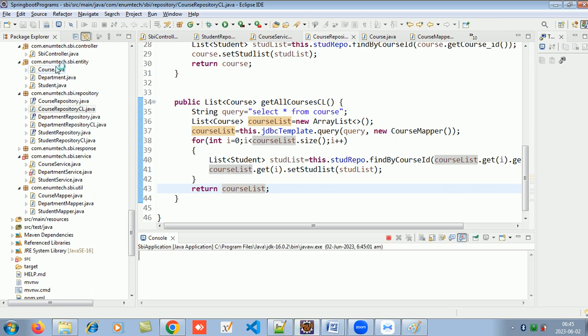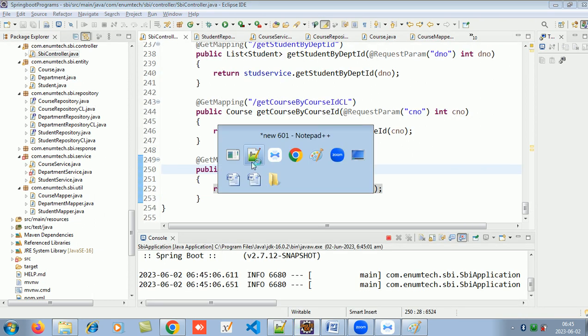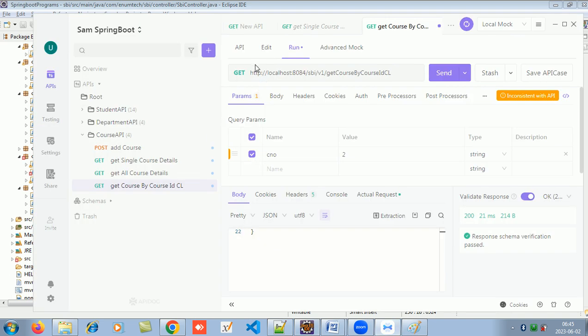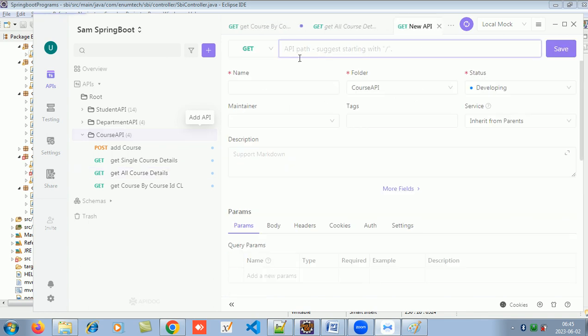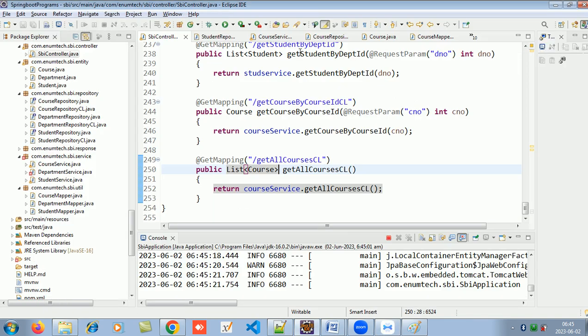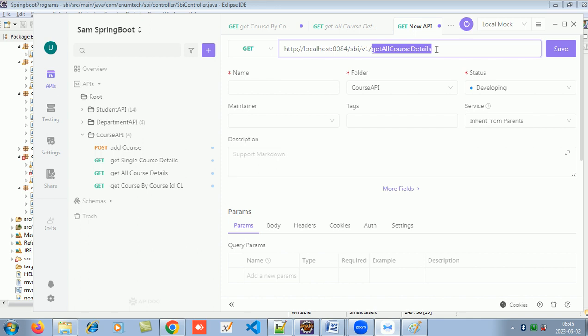And I'll run this. I go to my controller, create a new API in the course one. Okay, so get all course details, something like this only. I copy it in my course APIs. I create a new API, and it's get all courses using the class. Okay, get API, give some name to it. Okay, save,